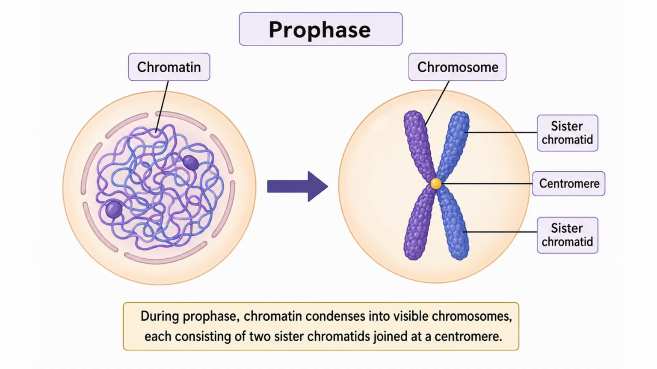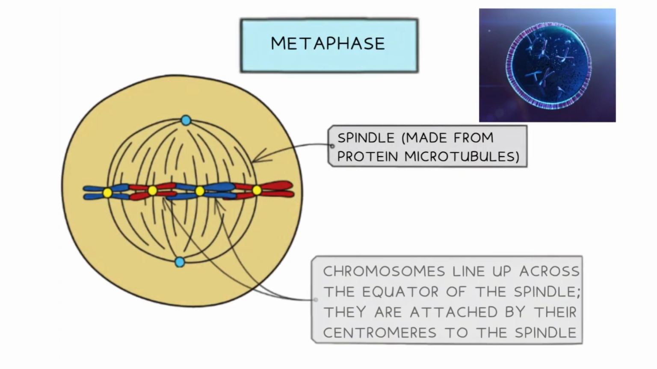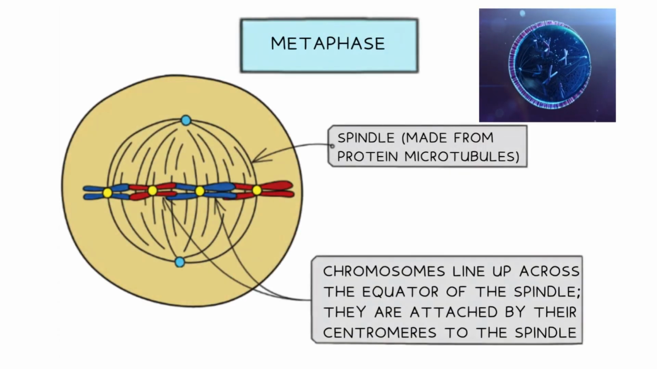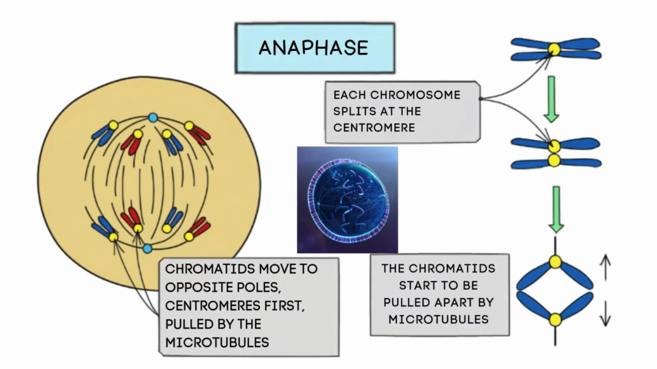During prophase, chromatin condenses into visible chromosomes, each consisting of two sister chromatids joined at a centromere. The nuclear membrane begins to break down, and spindle fibers form from structures called centrosomes. During metaphase, chromosomes line up along the cell's equatorial plane, known as the metaphase plate, while spindle fibers attach to their centromeres. In anaphase, the sister chromatids separate and are pulled toward opposite poles of the cell by shortening spindle